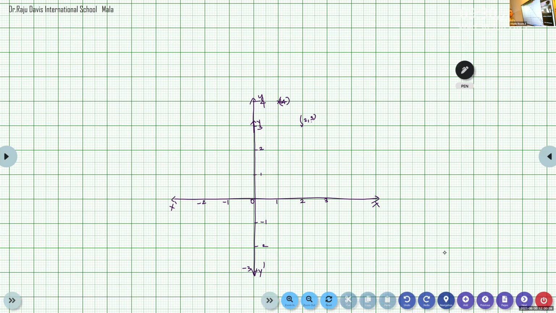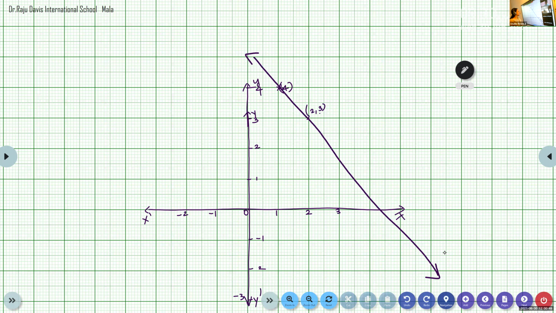Then we want to find which is the region. Is it below the line or above the line? How will you check this, Karthik? Take the point 0, 0 and substitute it. When you put 0, 0, will it be satisfying? No, 0 is greater than or equal to 5 is not true. So it should be above this line, isn't it? I'm just marking one single line there, just for our understanding. With your pencil, you can denote it. Above the line is the region.